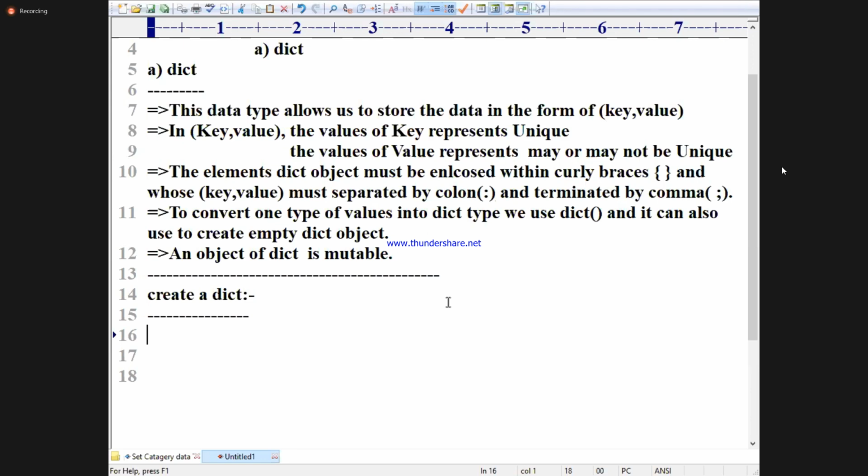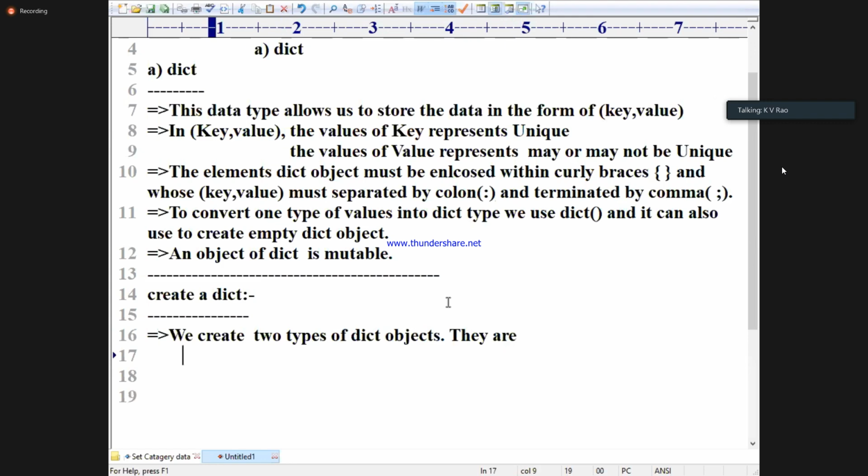One is called empty dict. Write down: we can create two types of dict objects.